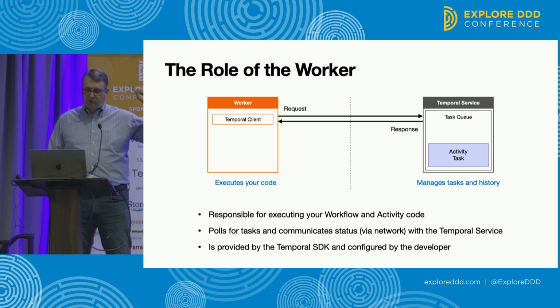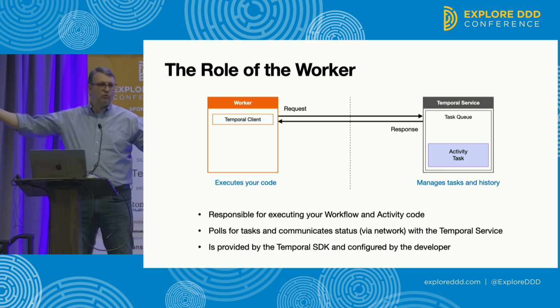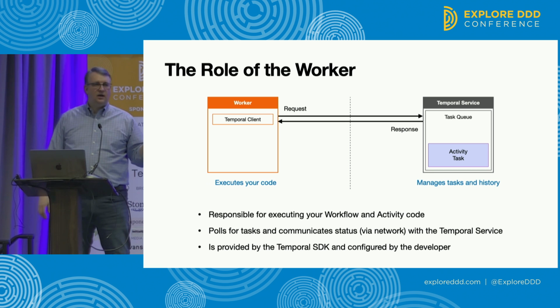The worker is provided by the Temporal SDK, but it's something that you configure, and you configure it to say, here's the host name and port number for the Temporal service. You have to configure that, and you have to tell it the name of the task queue that it should use for your application. There's a bunch of performance tuning related things you can set, but you don't have to. So there's a minimal configuration that you need to do, but the worker is the thing that runs your application code, your workflows and your activities, and behind the scenes, it communicates with the Temporal service.